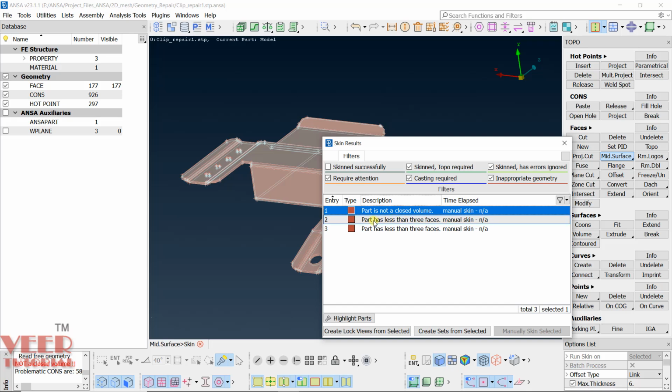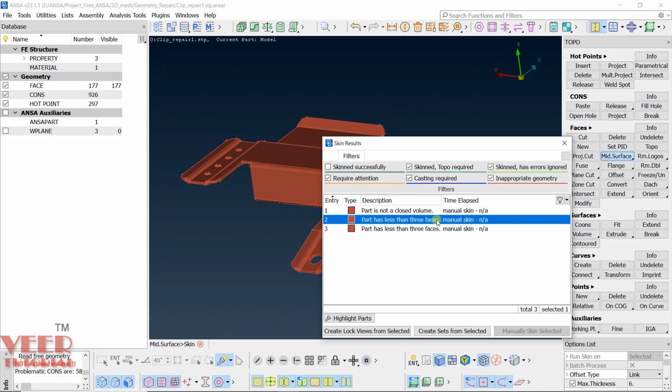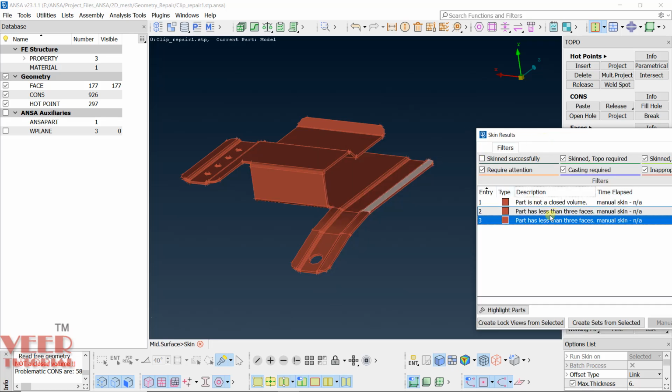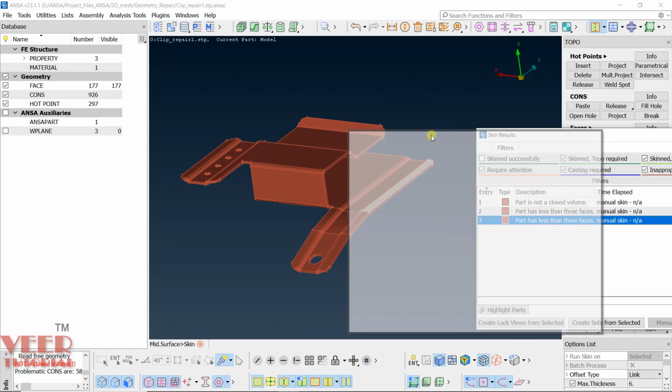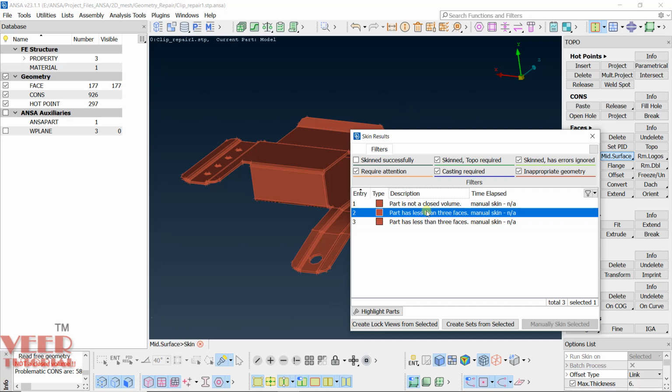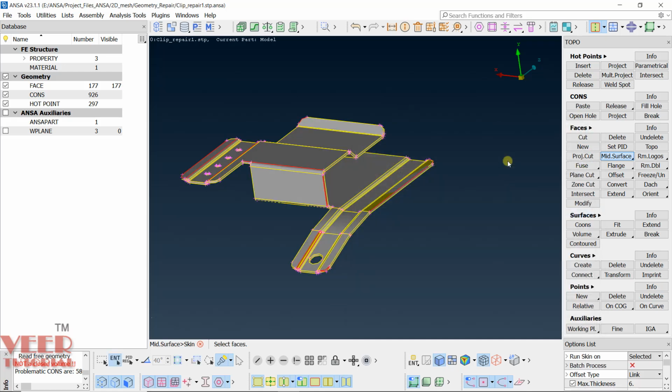Similarly, it is also showing the part has less than 3 faces. It means there are duplicate faces. These faces will be highlighted here when I click on this. So first we have to make sure our geometry is properly closed. There should be no duplicate surfaces, etc. So I will close this and OK.